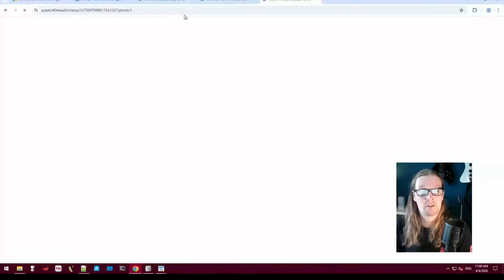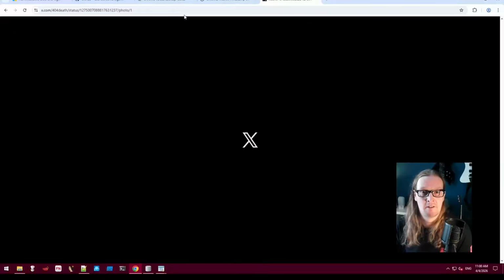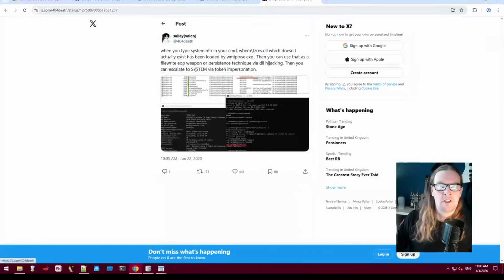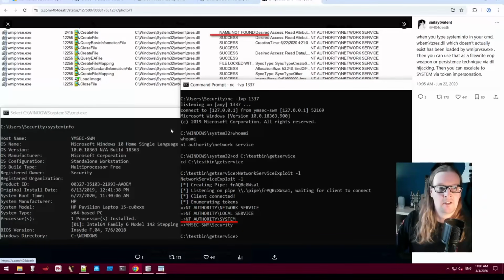There's lots of places you can find this information out, but I think this one tweet really showcases what's going on here. So this is a good example of how to demonstrate what's happening. You can see the process map here. So in this command window, systeminfo is being run. When monitoring what happens on the system, then